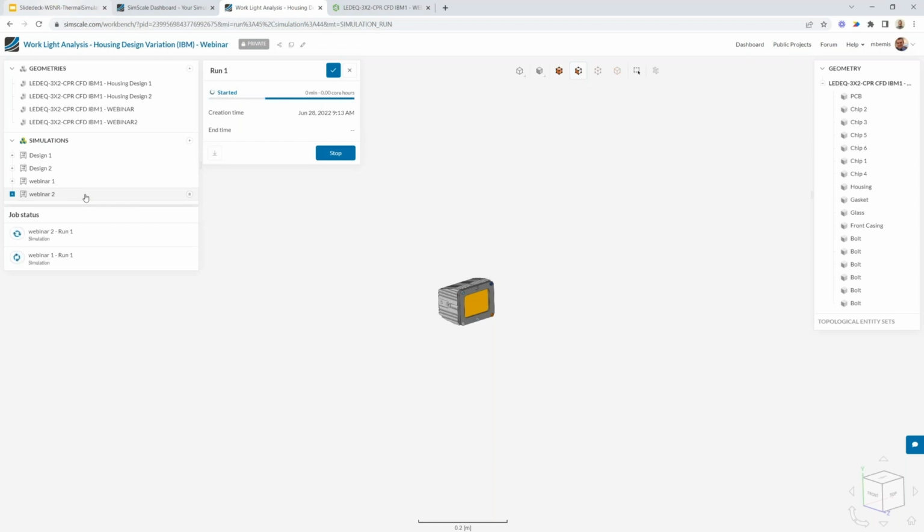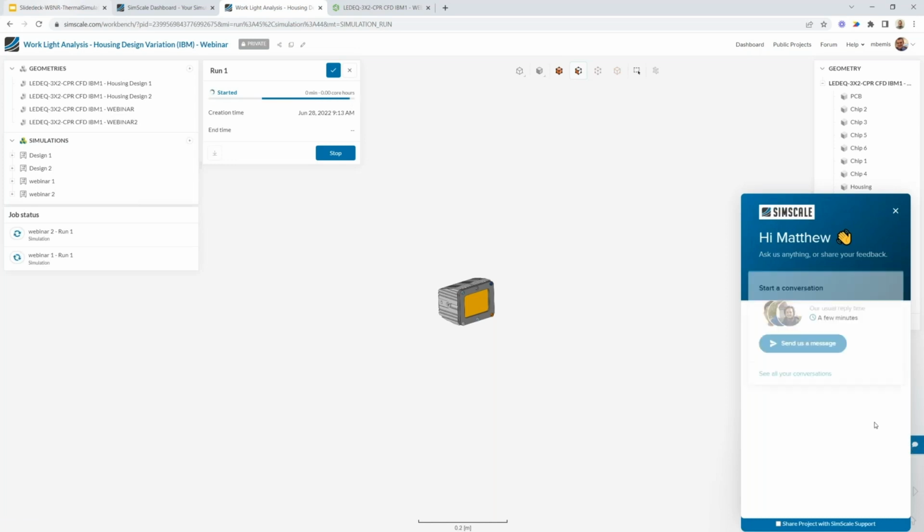Now, as a Simscale customer, if you get stuck at any point along the way, you can leverage our in-product chat in the lower right corner. We staff this with simulation experts. These folks mostly have mechanical or aerospace engineering backgrounds, have been using Simscale for a long, long time, and can help you in real time on your project. I actually come from a background in the support world, and this is a much faster way to get up and running versus going to a support portal, filing a case, hoping it gets picked up, and then working from